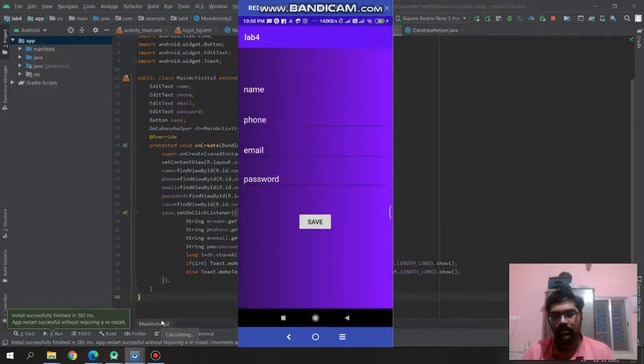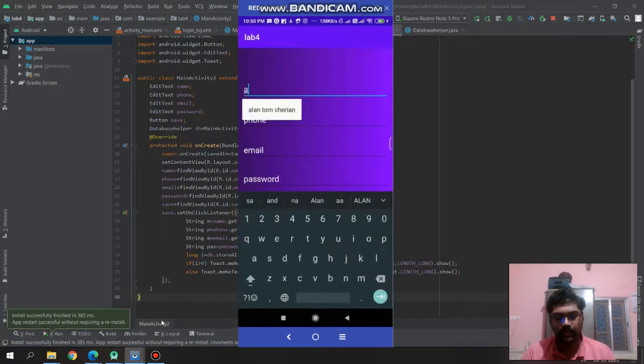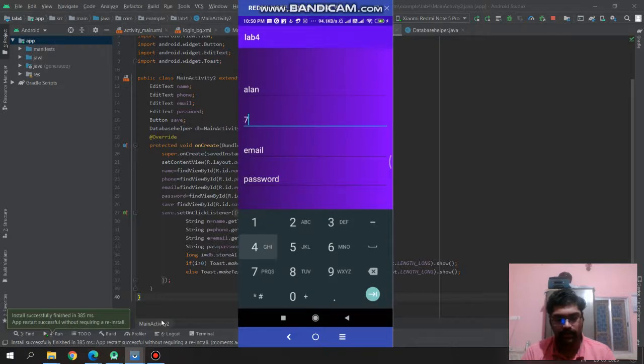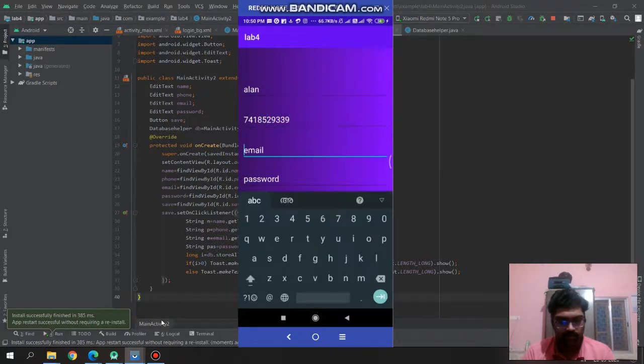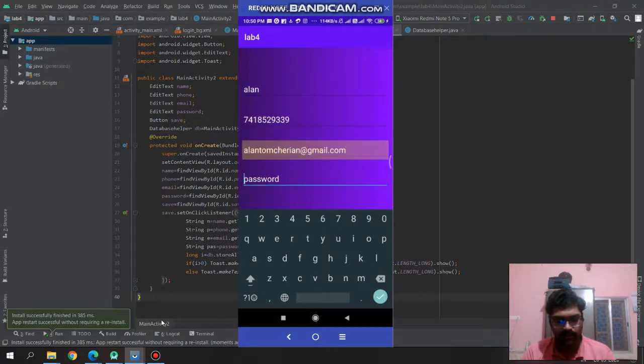So if we go to the sign up page, then we are passing name followed by number, and then email is passed followed by password.